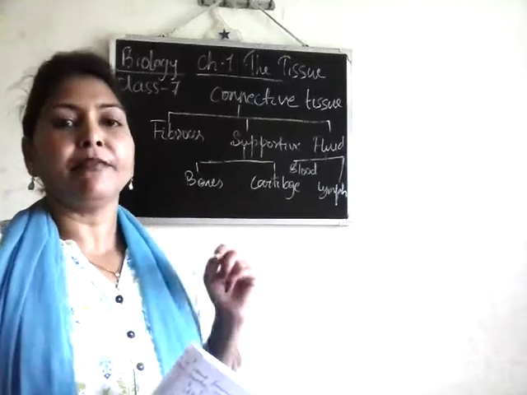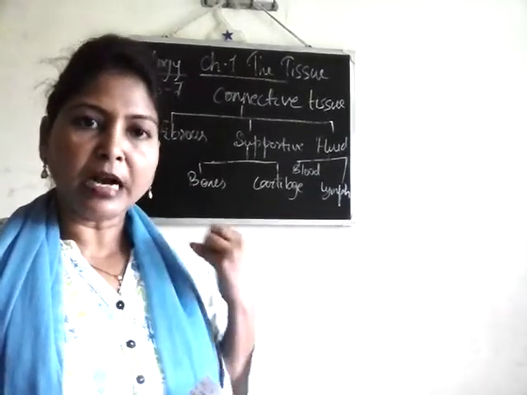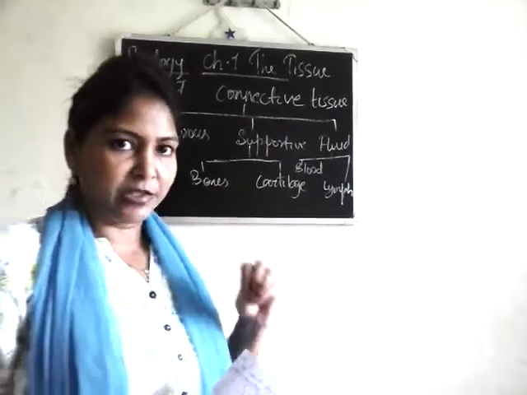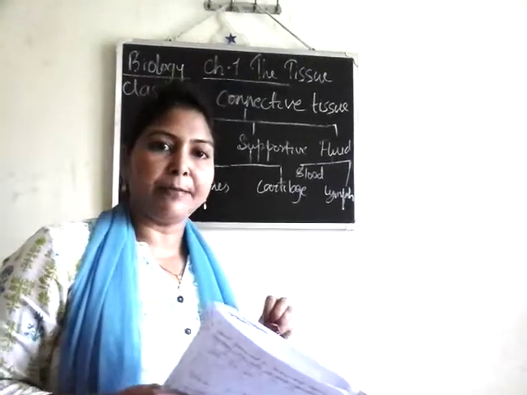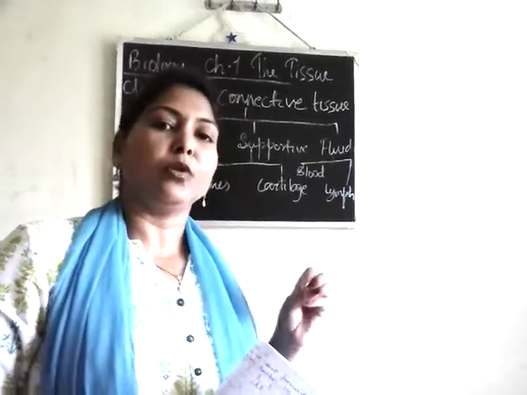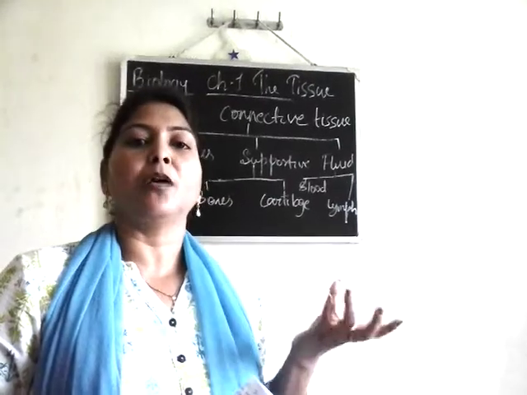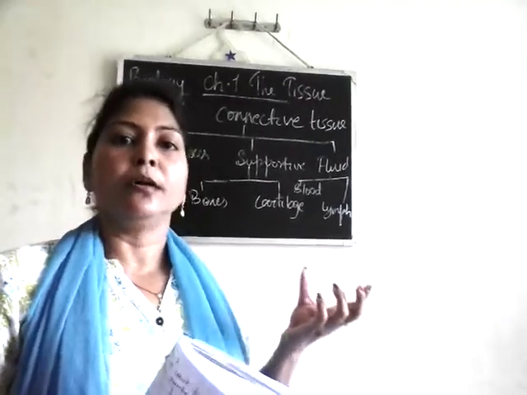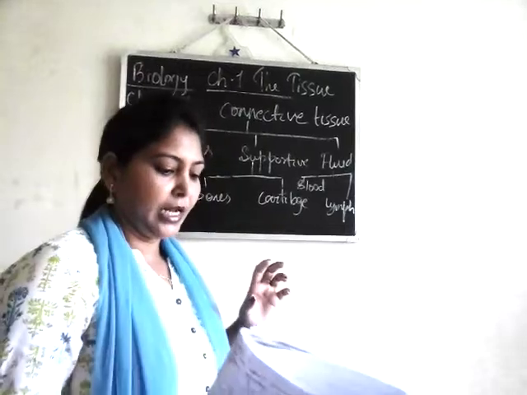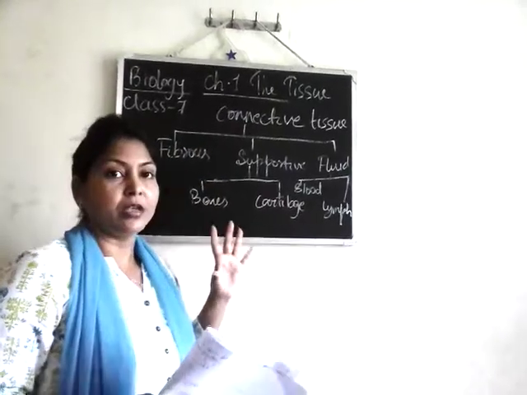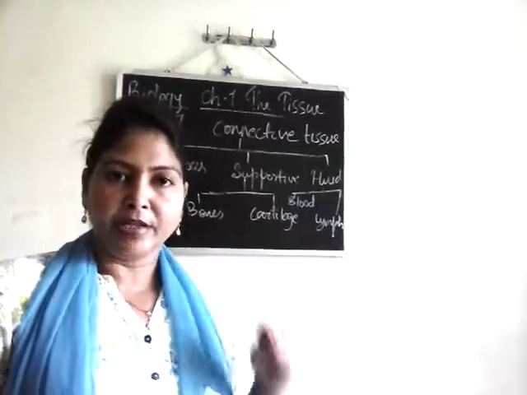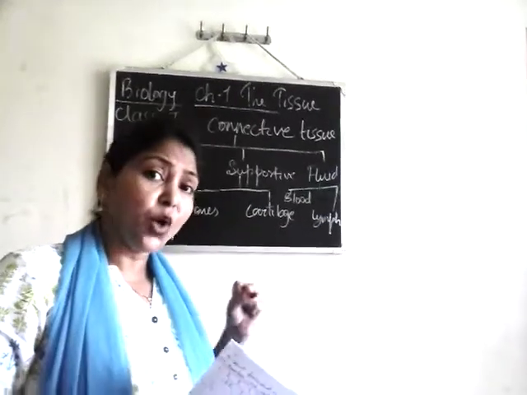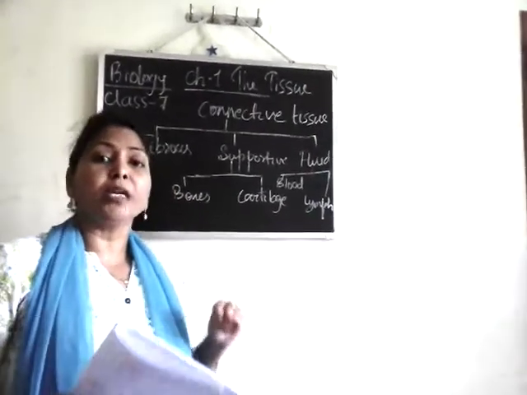Now, you know, in our body, bones are the hardest part of our body. Bones are basically made up of bone cells, which in biological terms are also known as osteocytes. Now, what are the characteristics of bones? They are hard in structure, very strong, non-porous, and non-elastic.